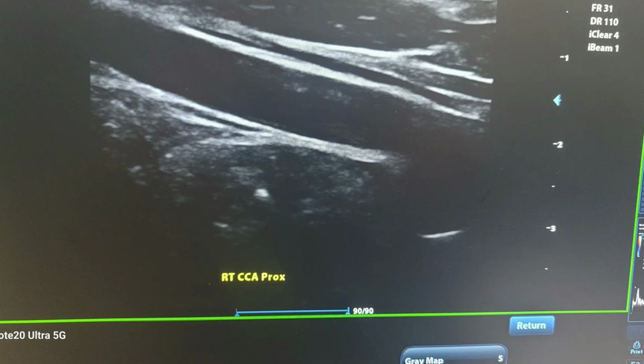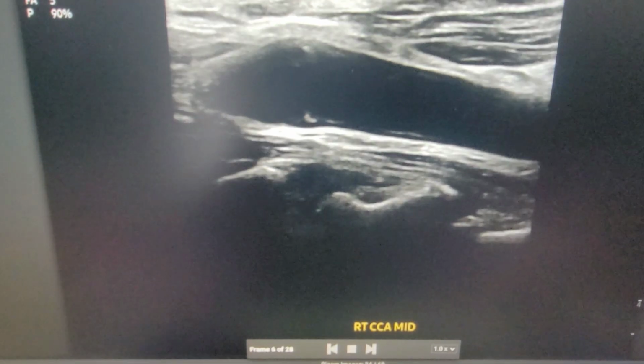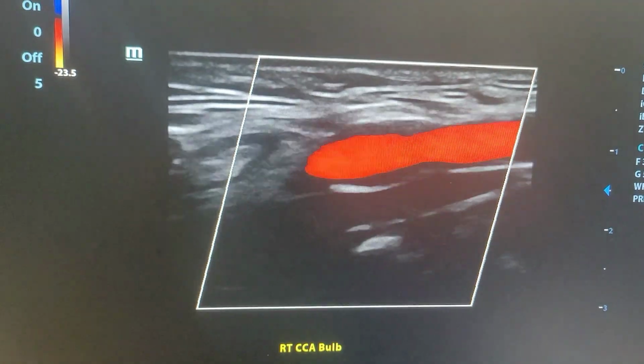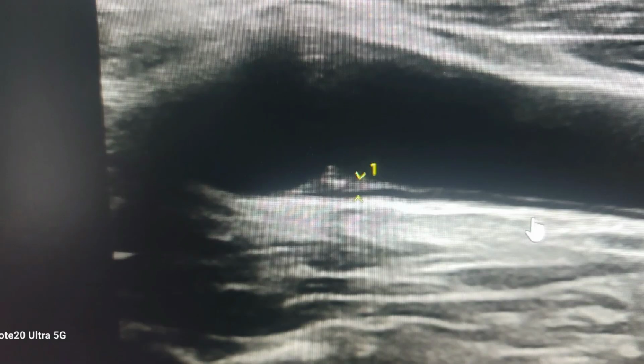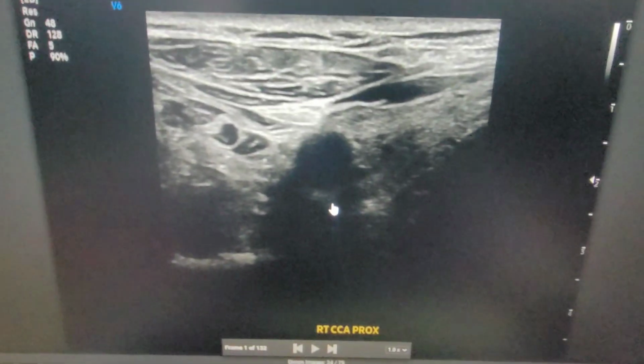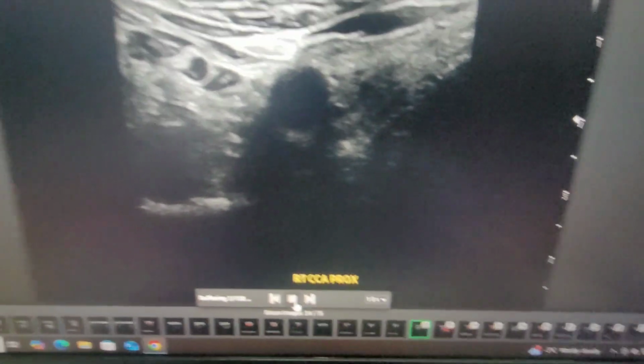The study starts at the proximal common carotid artery, where B-mode imaging is obtained in transverse and longitudinal planes to assess vessel diameter, wall morphology, and intima media thickness, followed by color Doppler and spectral Doppler to record baseline flow and velocities. The transducer is then moved to the mid and distal common carotid artery, repeating B-mode, color, and Doppler